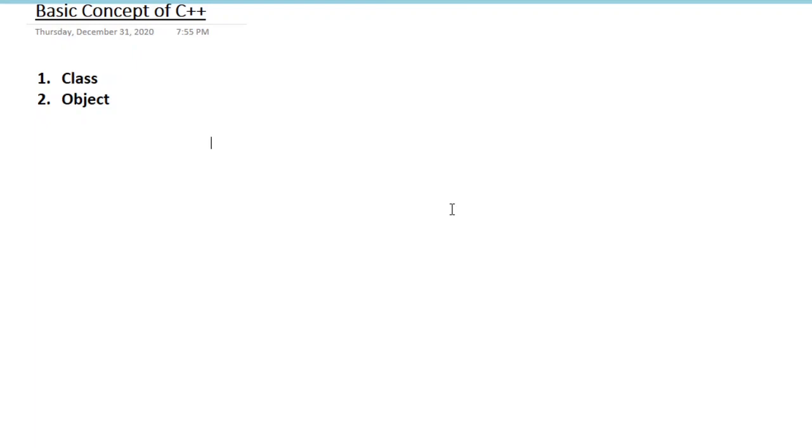The class is an improvement on a structure, like we have learned about structures in the C programming language. In a structure, we can only define variables. We cannot define functions in a structure in C. So in C++ we have the concept of a class in which we can also define functions.